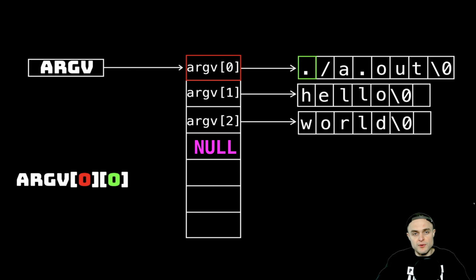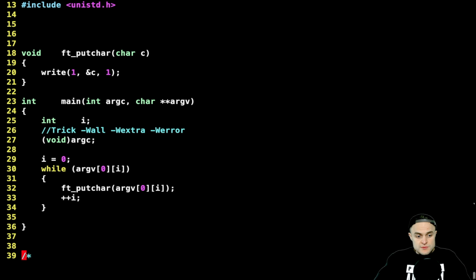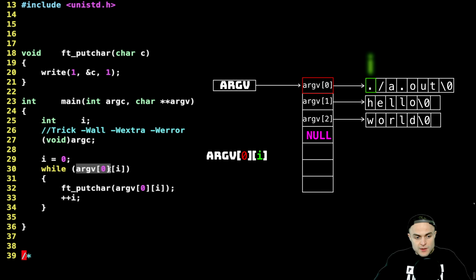Until I stumble upon the \0 of that string. Like you would do for a normal string, you iterate until you find the sentinel value \0. So here we're gonna do exactly the same. I'm gonna select the pointer in position 0, which is the one of the name of the program, and then I have my iterator, which is I. I will print the char pointed by I, which initially is 0, and then very stupidly I'm